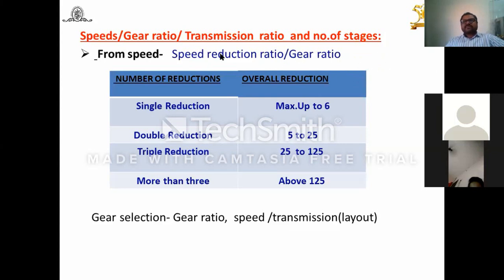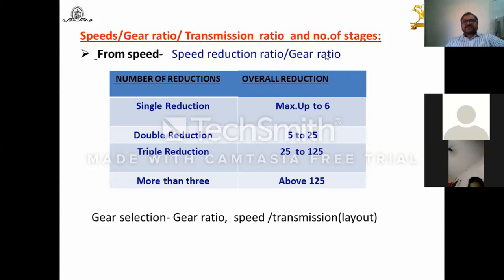It's okay. But suppose it's 42 and a 3-stage gear reduction. We can't divide 42 evenly into 3. That means if I take the cube root of 42, you will get a number like 3 point something. So what you have to do is, in the first step, the gear ratio should be more, suppose 4. Then in the second stage, you can take 3.5. And then for the remaining stage, you can take 3. In this way, you can divide that number, even though geometric progression is mentioned in many books.